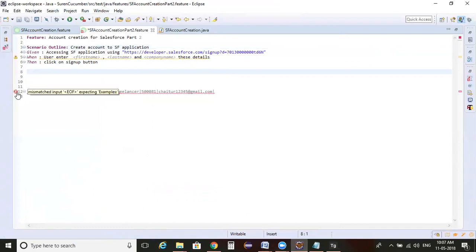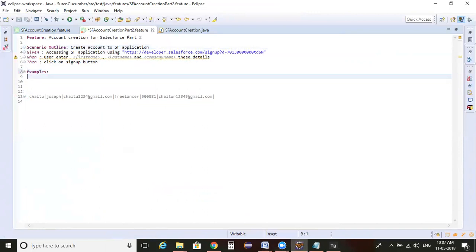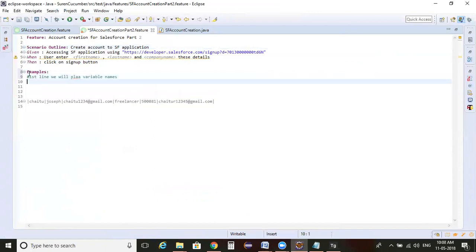Mouse over on that error message: mismatched input EOF expecting examples. The meaning is, whenever you have defined a scenario outline, we need to define examples wherein in the first line, we will pass variable names. In the second line, we will pass values to those variables.